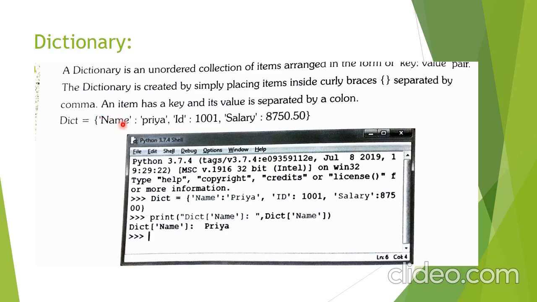This is my key and value. So what is the value? Name, in which I have written Priya. ID, in which I have written 1001. Clear? So the key is ID and the value is 1001. I need to separate them with a comma. So hopefully everyone understands what a list, a tuple, and a dictionary data type are.